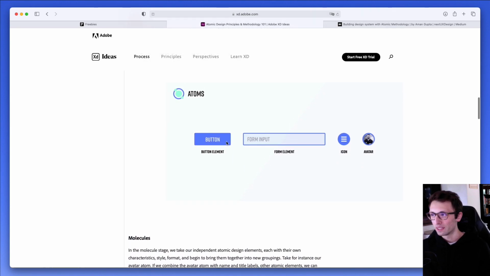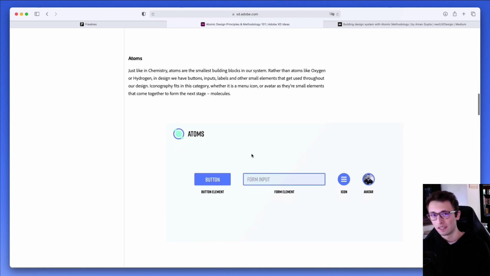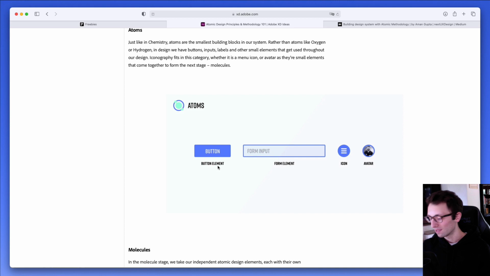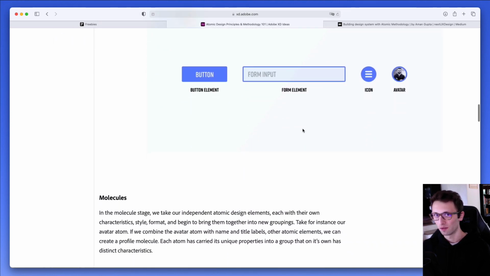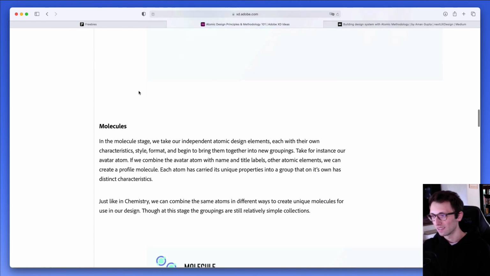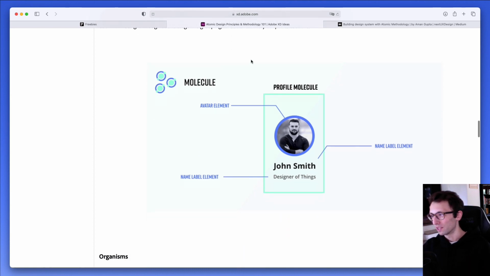Essentially, atoms are the individual elements of our system. So think about the call to actions, such as the button elements, the form elements, icons, and so on and so forth. So all the individual elements that compose the design system. Now, molecules are a little bit more complicated, meaning that they combine different atoms in a composition. So, for example, this can be an element such as this one, where we have the avatar, the names, and